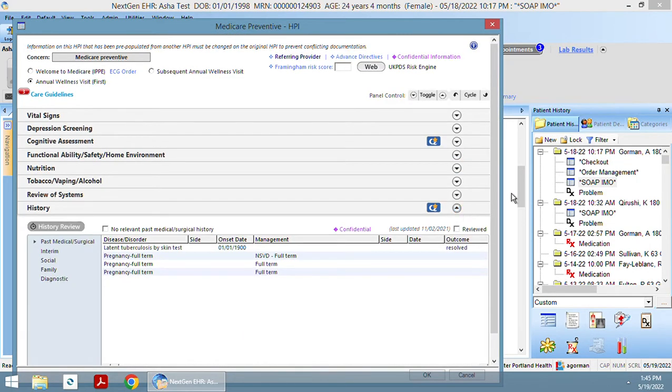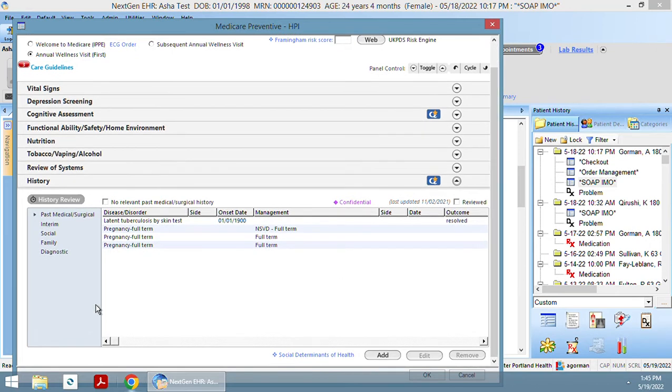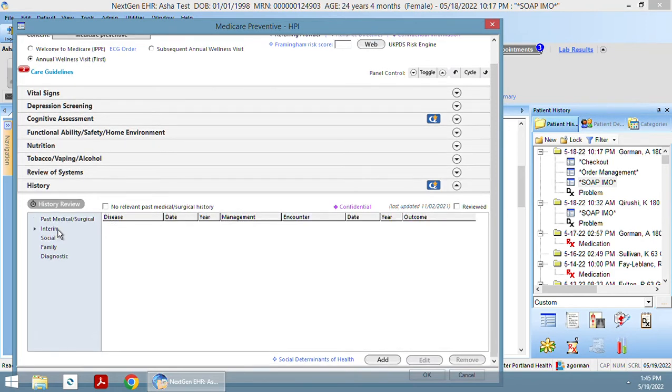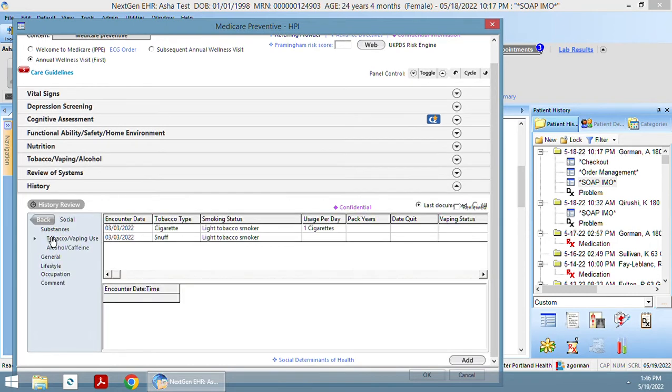And then history, this is kind of the history tab in a different format, but past medical, interim, we don't use often, but in the history tabs, if you wanted to document an ER visit or a hospitalization, that would be done through the interim history bar, and that information would show here. Social history,